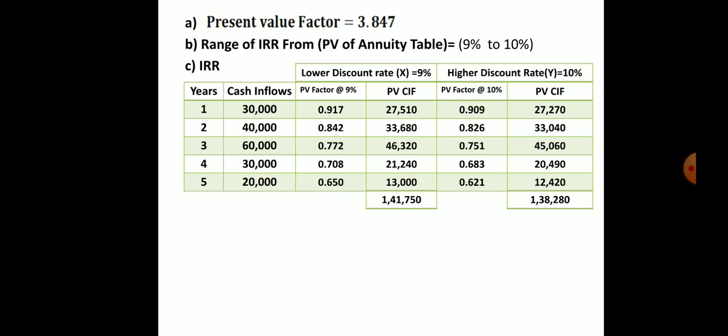Why are we calculating IRR? In this problem they have given the cost of capital as 12%, but the net present value is negative. So the net present value should be 0. So what will be the cost of capital? That is what we are going to calculate in IRR. The third method is the IRR method that you have to calculate.